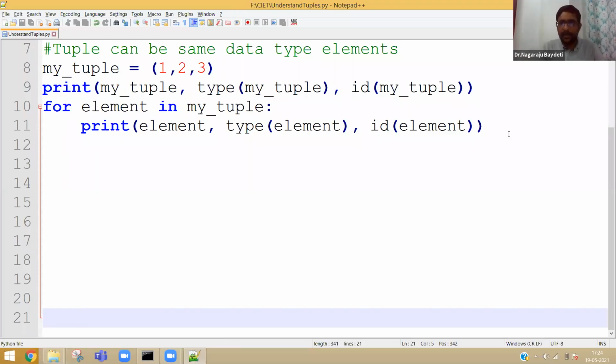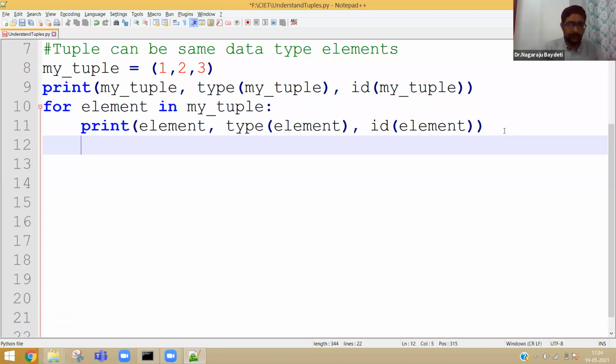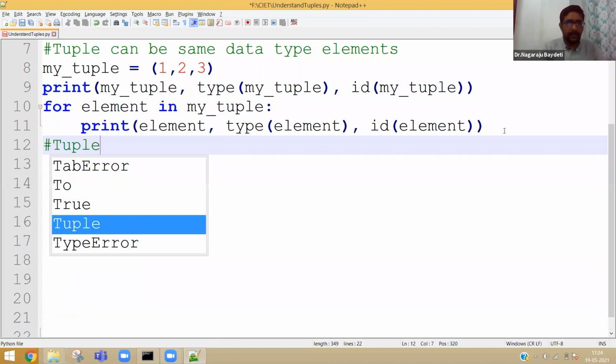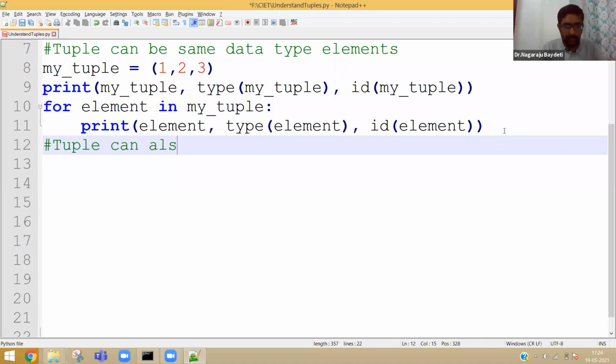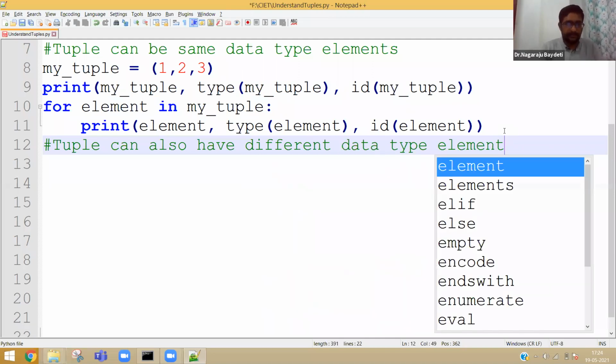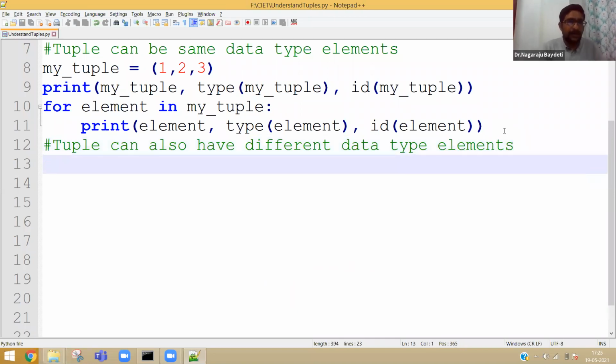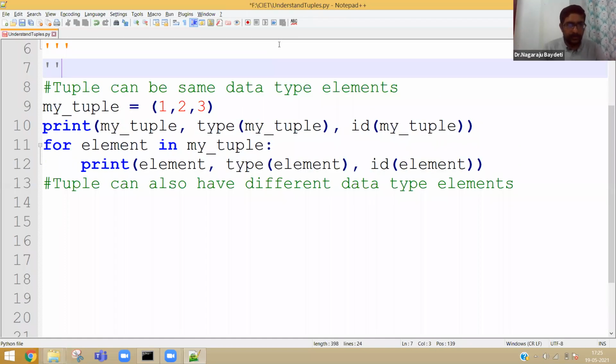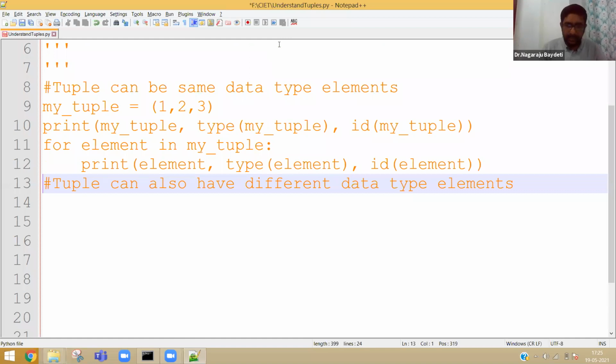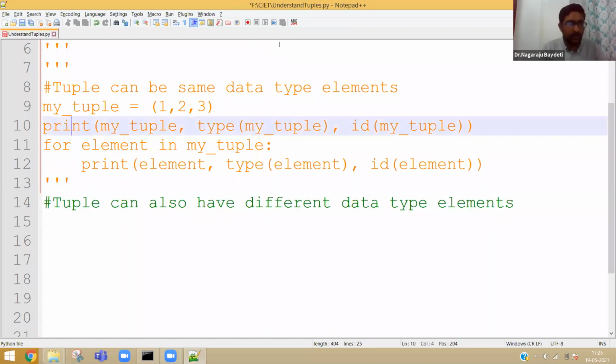Obviously, a tuple can store multiple values. A tuple can also have different data type elements. For that, let me take another segment of code.